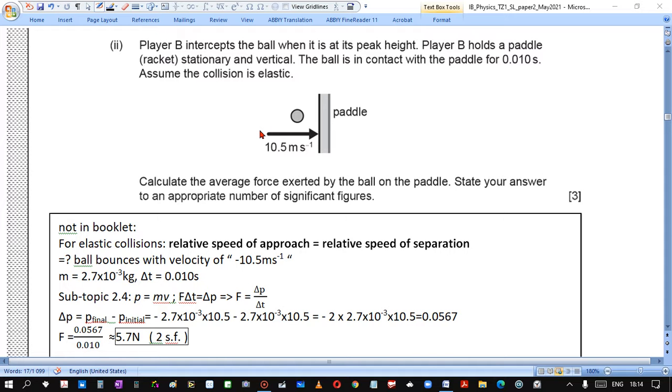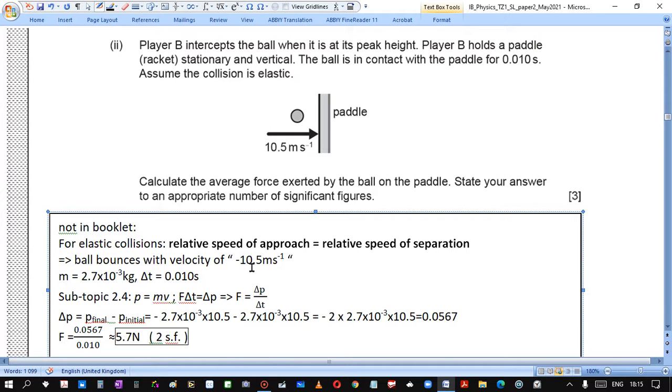Calculate the average force exerted by the ball on the paddle. State your answer to an appropriate number of significant figures. So, not in the booklet is the following information. For an elastic collision, relative speed of approach equals relative speed of separation. Hence,